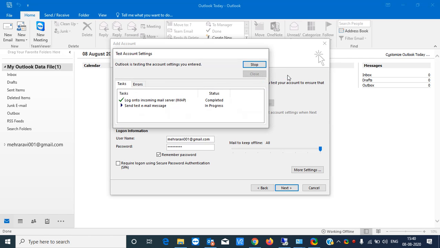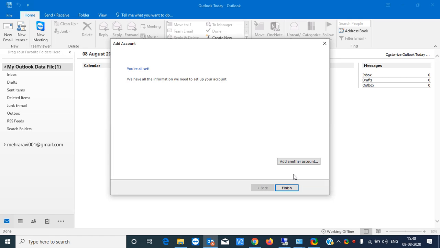Here you can see Test Account Settings. One task is already completed, and the second one is also completed. So my Outlook configuration is done. Now all my mails will be fetched in my Outlook as well, as I will show you. Just close it, Finish.